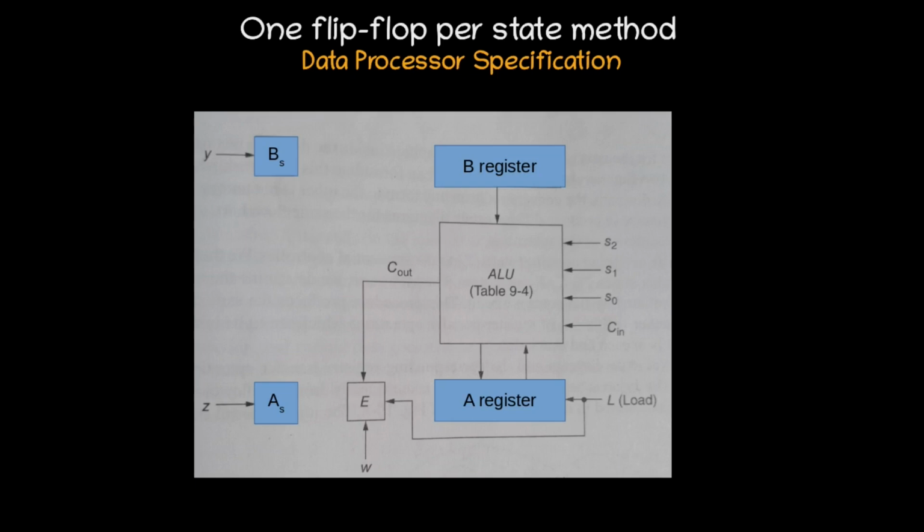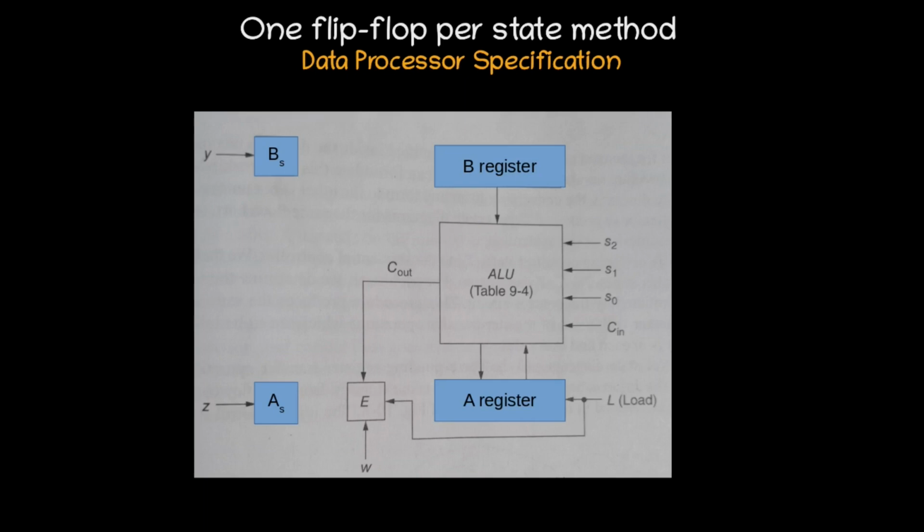Next we have to study the control state diagram corresponding to our control logic. That is, how to derive a state transition diagram from our flowchart and data processor specification. This was our data processor specification for our one flip-flop per state method, and we have